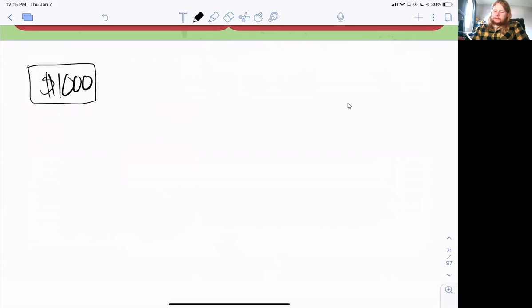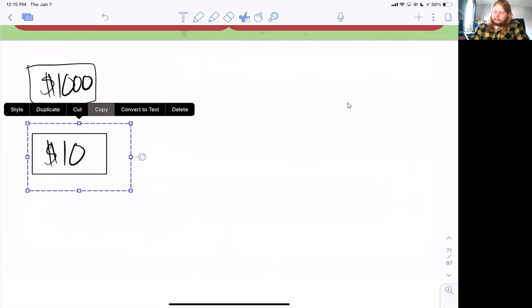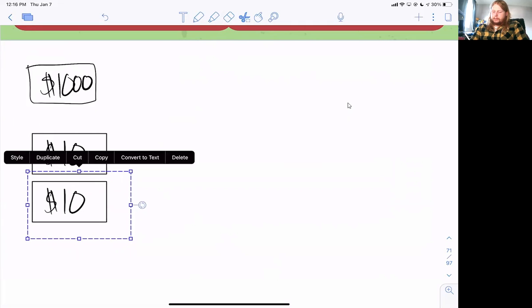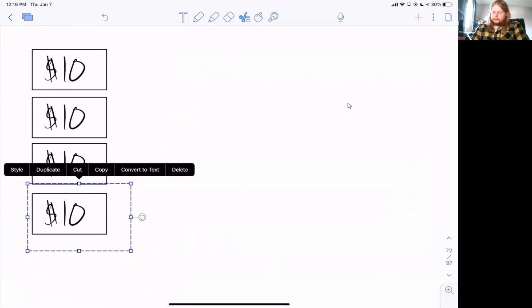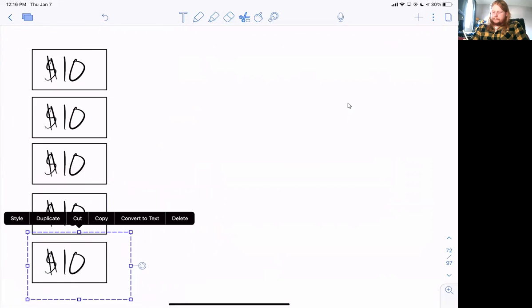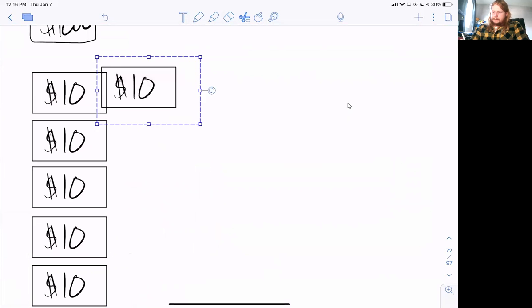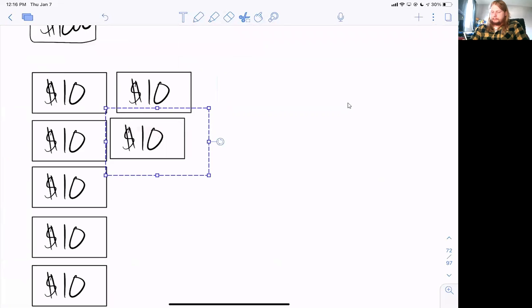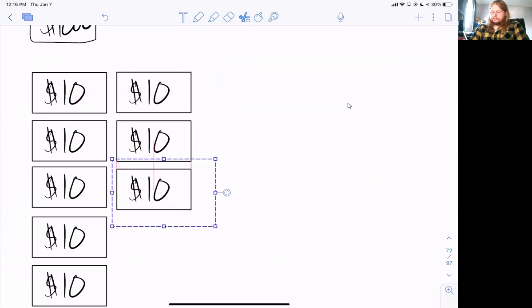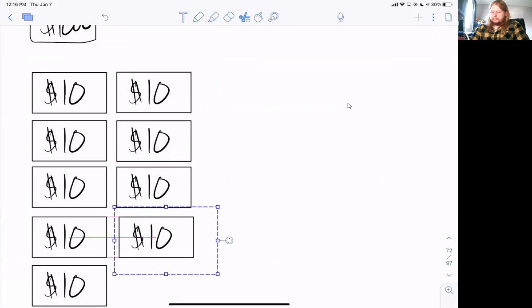So let's go ahead and see how many bills it takes to get to 100. I'm going to draw a blank bill here. Get a little smaller. And I'm going to copy it. Actually, I can put the $10 in there. That way I don't have to do it later. All right, 10, 20, 30, 40, 50. Remember, I like to keep my things in lines of 5. I think that makes it really easy, it's like our 10 frames. 60, 70, 80, 90,